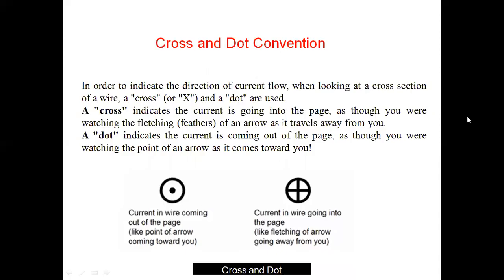In order to indicate the direction of current flow when looking at the cross section of a wire, a cross and dot are used. A cross indicates the current is going into the page, as though you were watching the flashing feathers of an arrow as it travels away from you. It is just like an arrow, and that arrow is traveling away from you. A dot indicates the current is coming out of the page,